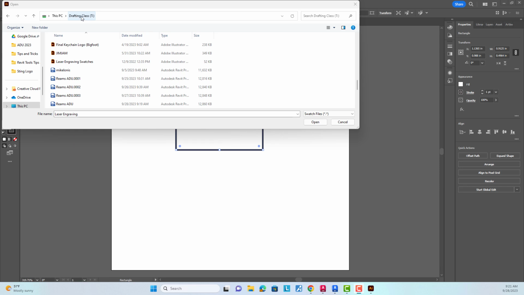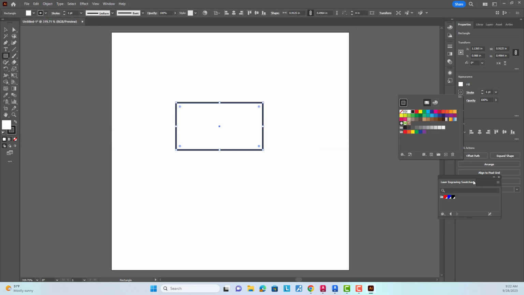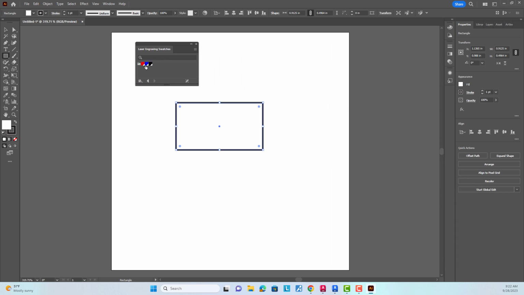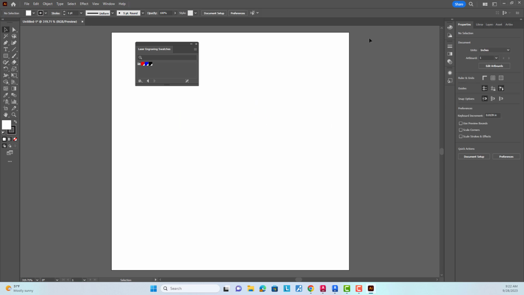So this is actually right in the root directory of Drafting Class T. I find laser engraving swatches. I double click that, and it basically gives me these 3 colors. So I only have 3 options whenever I'm laser engraving. I'm going to just make something real simple. Your first project is to make a hall pass, and I'm just going to do an extremely generic one,